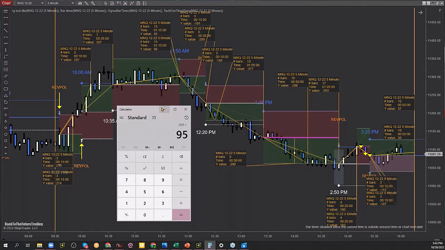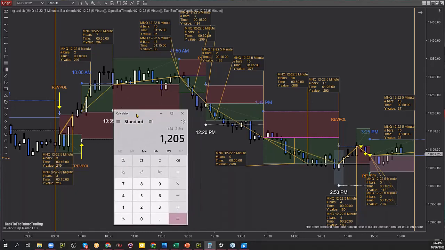All right, so 297, 95, 95, 91, 299, 7, 738. Okay, plus 2,505. Now it's time for the minus. Minus 112, minus 107. I was going pretty fast, so I'm not expecting perfect accuracy with my back test here. Minus 280, minus 219, minus 219. 1205. So that's cool. So not much better, but better.